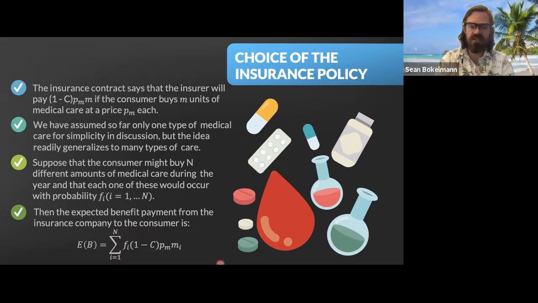Okay, so this is what the insurance company expects, right? Like we just said on the last slide, the insurance company knows the distribution, right? So in other words, they know the values of F sub I, right? So they can calculate this for themselves. And so they basically know, all right, we should expect to pay out this much money to this person in the next year.